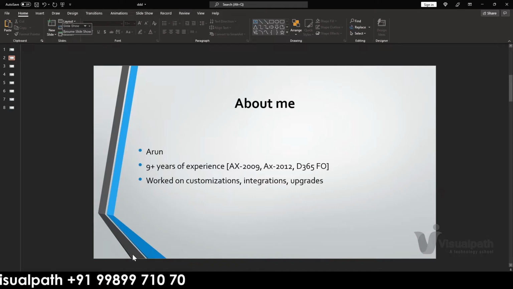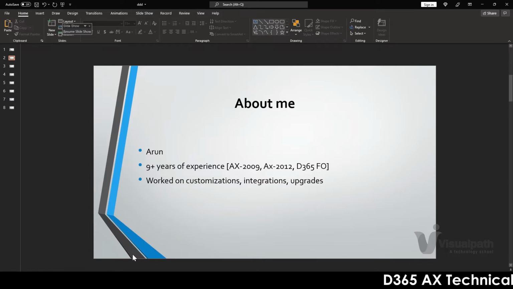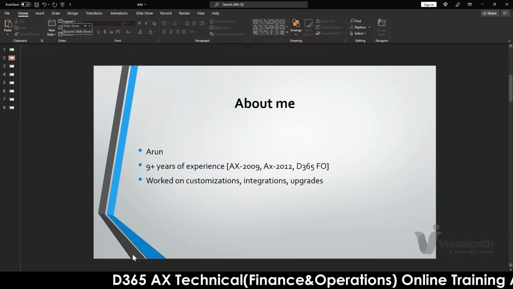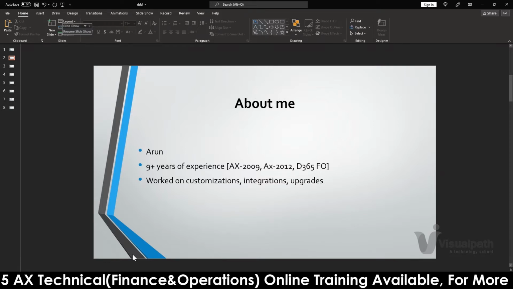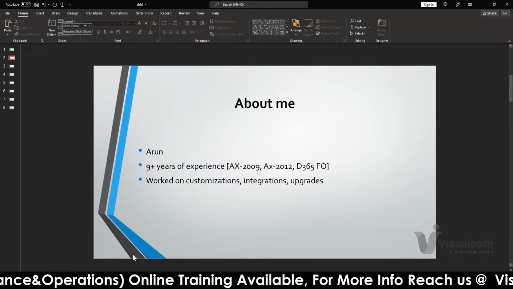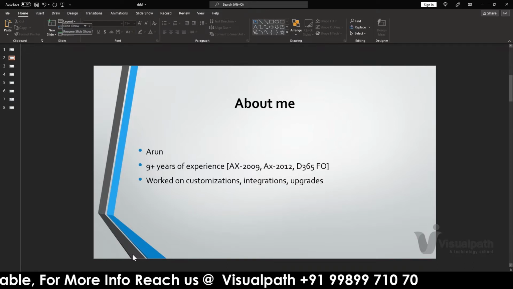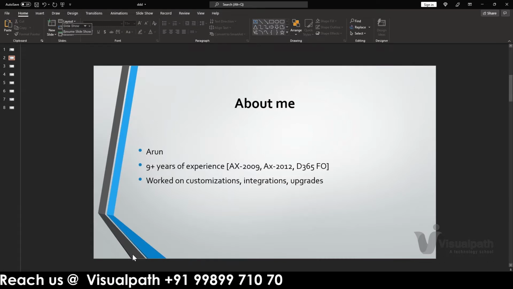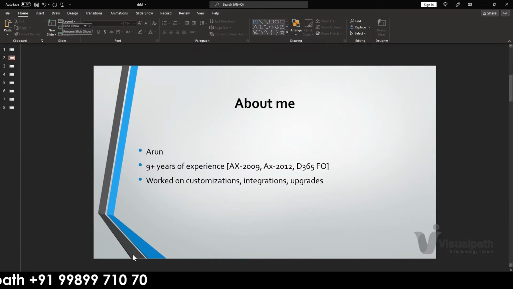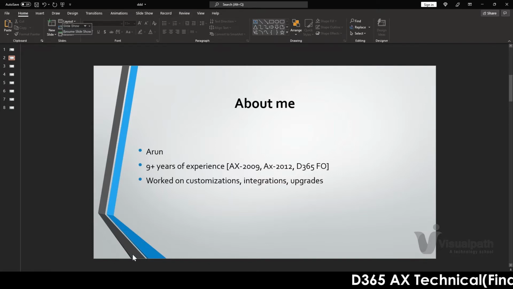I have worked on many customizations and integrations related to Dynamics 365 with other third-party apps, and also worked on upgrades, like upgrading from 2012 to the latest ERP, Dynamics 365 FO. So that's all about me.